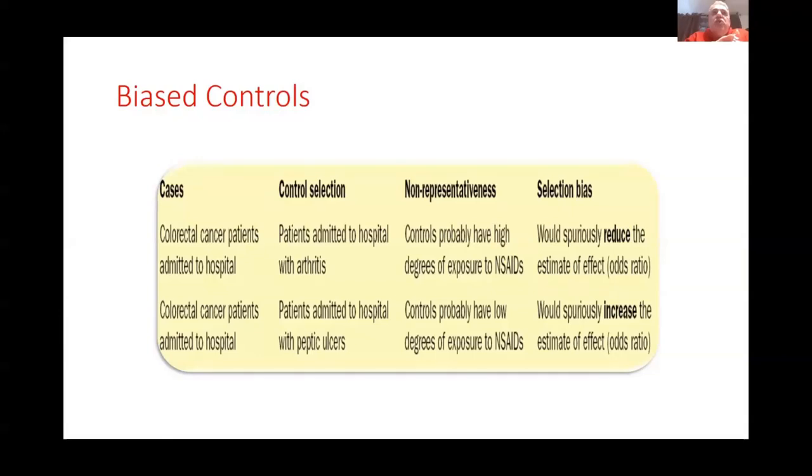Biased control: control selection is very hard because I'm supposed to select the control the same as the patient, with the only difference being that they do not have the disease. They have to be of the same gender, same medical history, same age, same socioeconomic factors, educational level and so on. So sometimes it could be